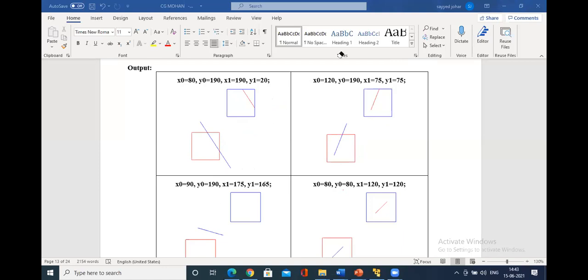See, in this case, the points you are going to see in this file. So this is the window. This is x0, y0. Along the x-axis, it is 90, 190, 175, 165. Similarly, in this case, you could see 80, 80, 120, 120.